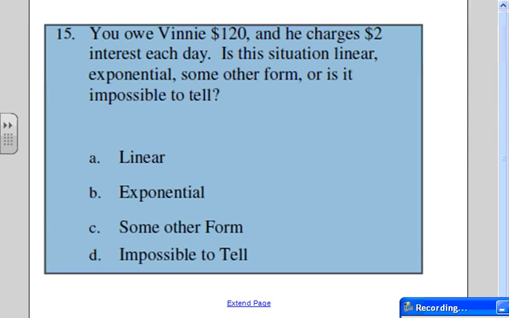So, good luck working this out. Check the answer with your teacher, and